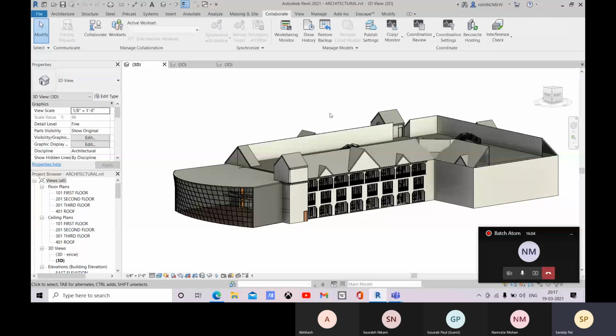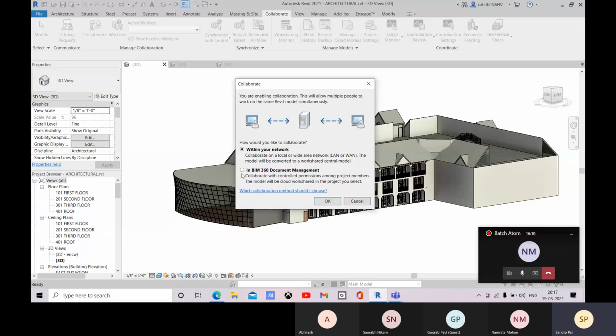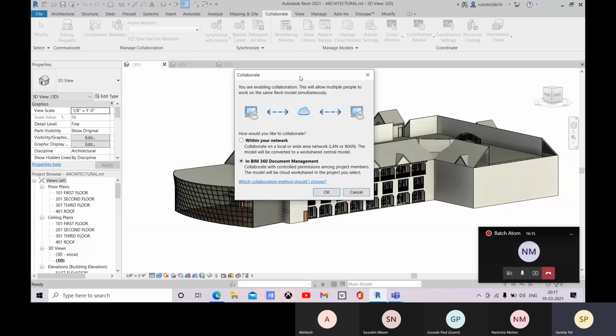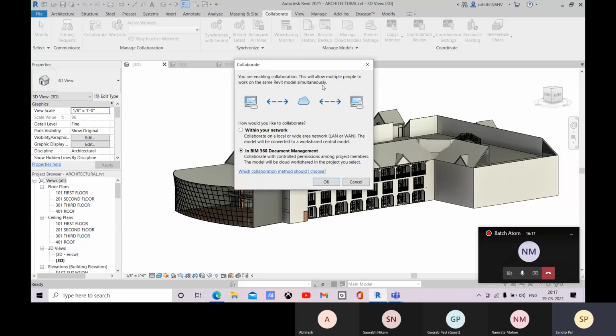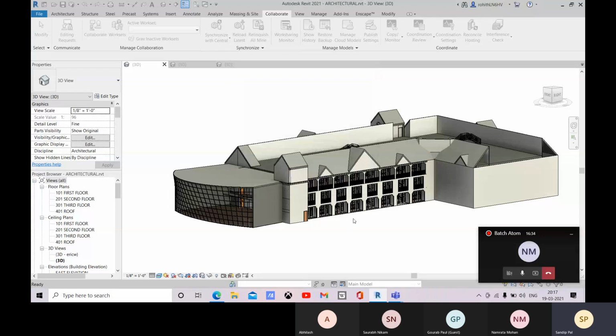So now come to this collaborate, enable this collaboration, start work sharing. So in BIM 360 document management, you will be uploading this central file. So you all are clear about this collaboration, right? So you are about to create this worksharing central model in this central location in BIM 360. Let's go for that. Click OK,